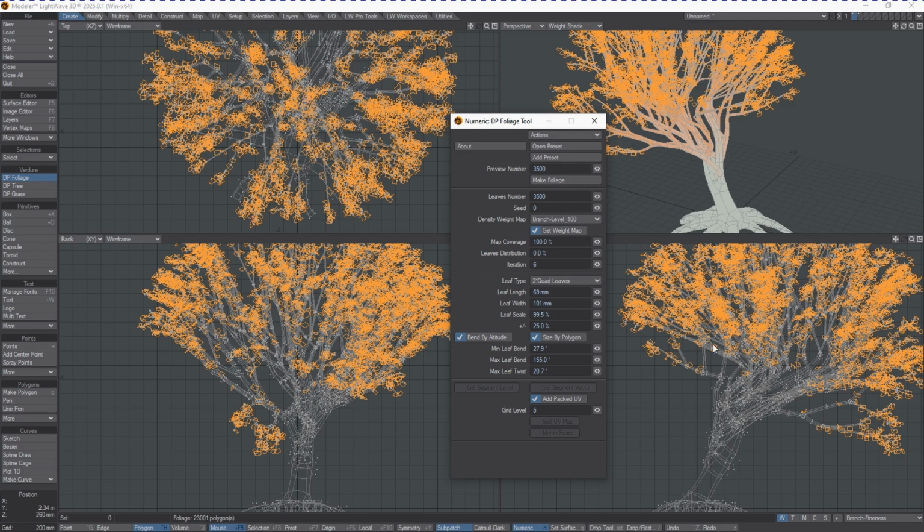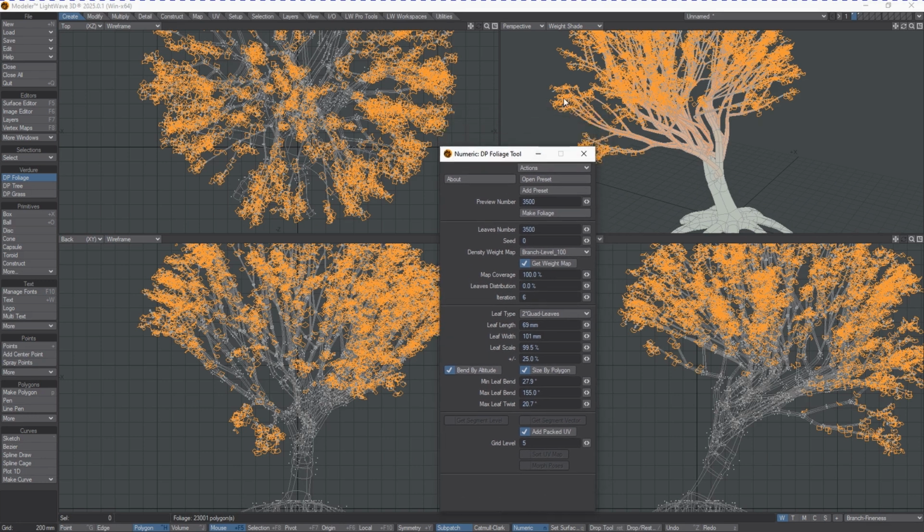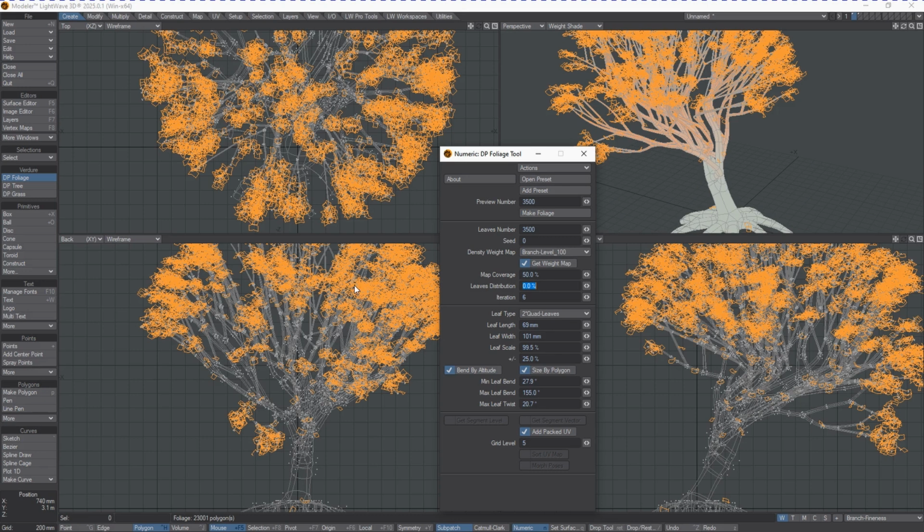And that's what's controlling this, is we have a weight map that's in here. The darker red areas are the locations where we are going to get the foliage to generate on. And that's controlled by two factors here. We have map coverage, so let's go 50%. And you can see that by changing the value of this, using the weight map as the input, you'll get more density